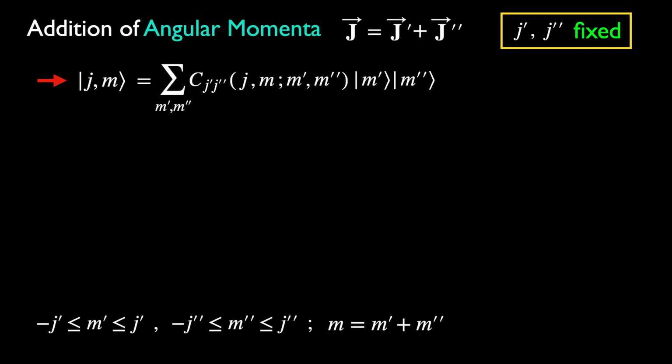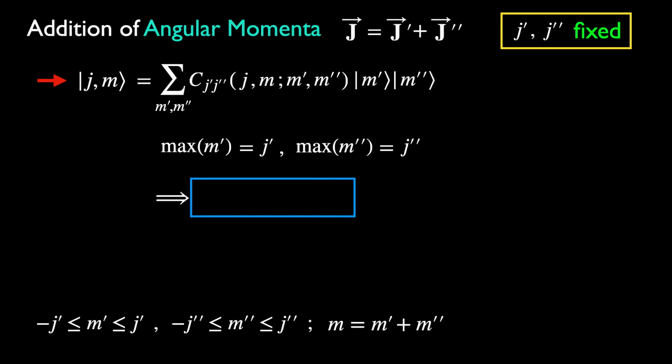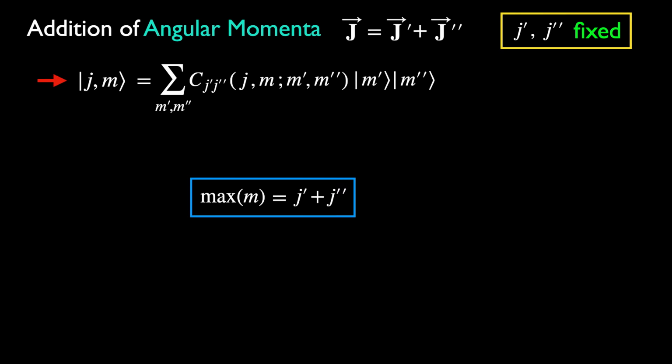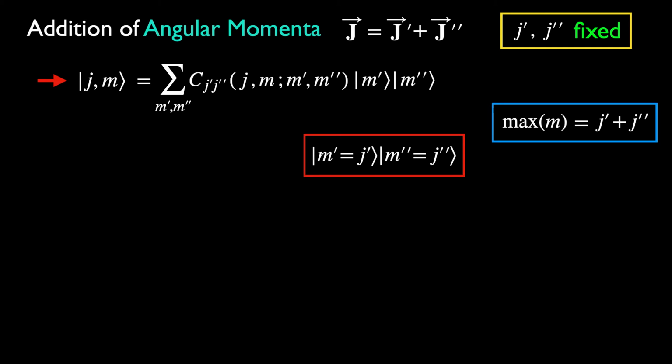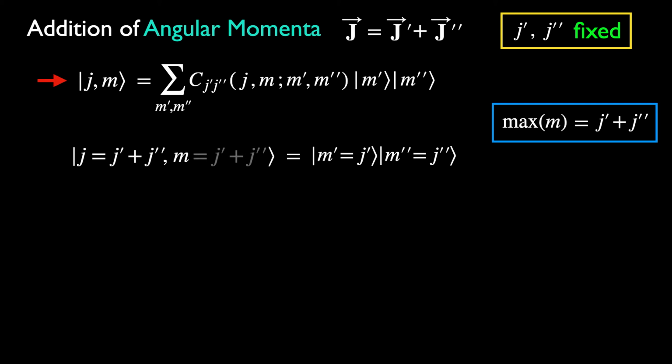For a start, we know that the maximum value of m' is J', and for m'', J''. This immediately implies that the maximum value of m for the total angular momentum must be equal to J' plus J''. Since there is only one possible product state that could take this value, namely the one with m' equals J' and m'' equals J'', this must also be the total angular momentum state with J equals J' plus J'', as m is at its maximum value. That is,